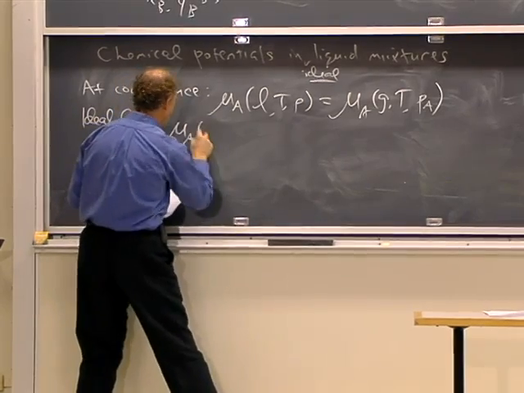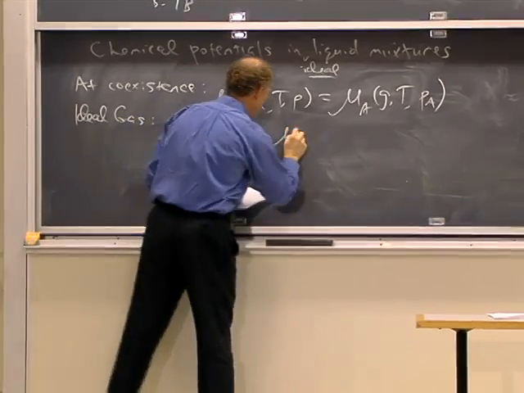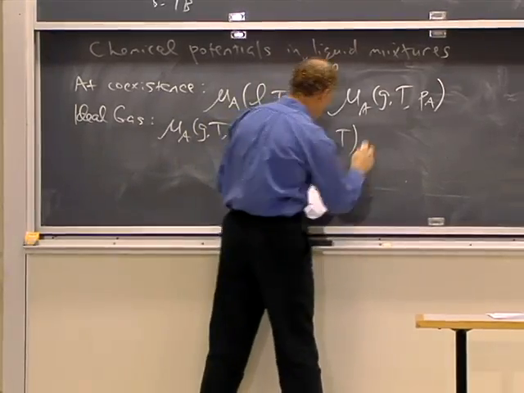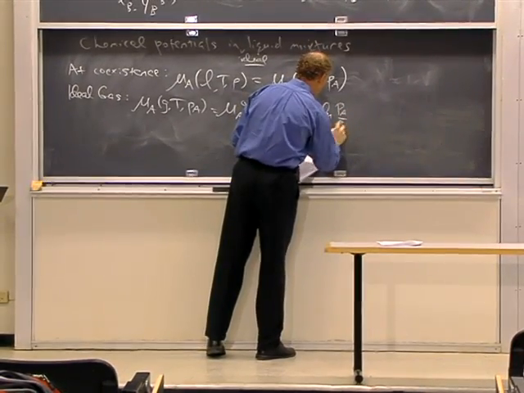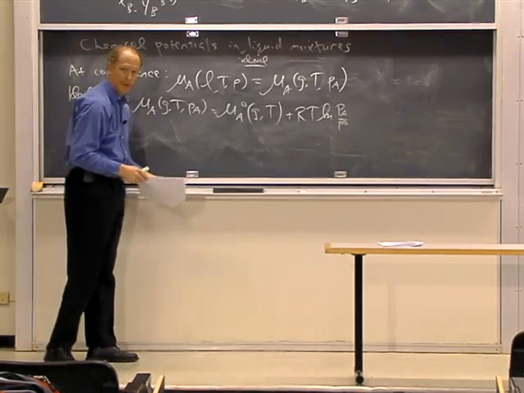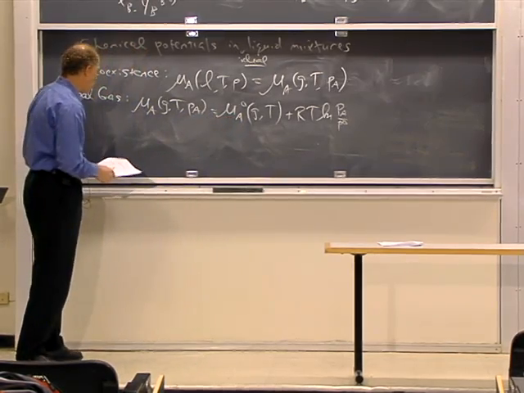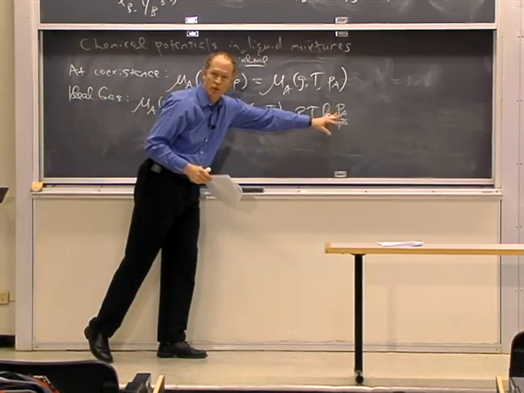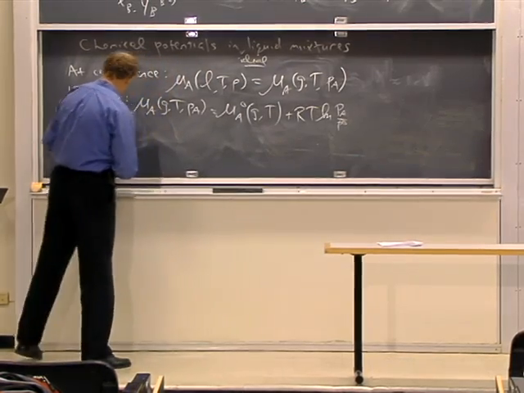Then we can write mu A in the gas is just mu A naught, that's a function of temperature, plus RT log of PA over P naught, right? Nothing new here. This is just our expression for the chemical potential in the gas with reference to a standard potential, usually 1 bar at whatever the temperature is. And of course, this is how it varies as the partial pressure of A in the gas phase varies, right? So